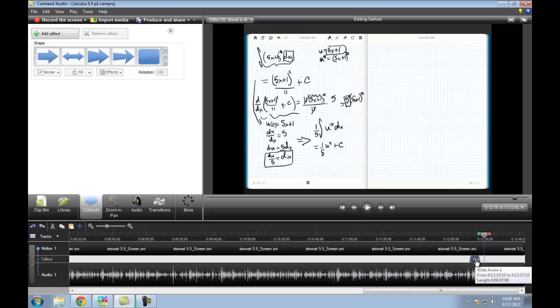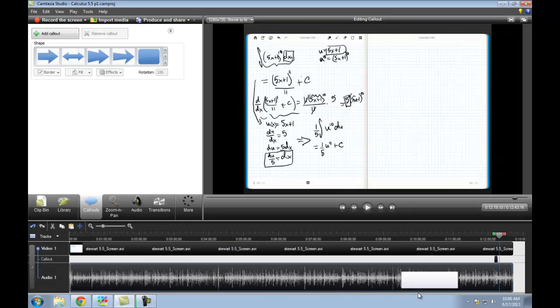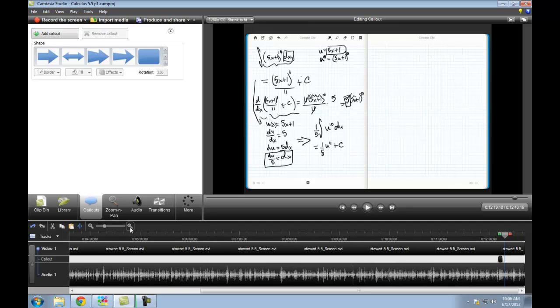I'm going to float my, watch this, if I float it over, the default length on these videos, or on these callouts, excuse me, is 7 seconds long. All right, but we can tweak that if we need to. So if I zoom back a little bit, let's say that I want it to be a little bit longer, or I'm like, oh, I put it in the wrong spot, and I want to move it around just a little bit. Well, again, with your magnifying glasses, you can get as technical or as precise as you want to,